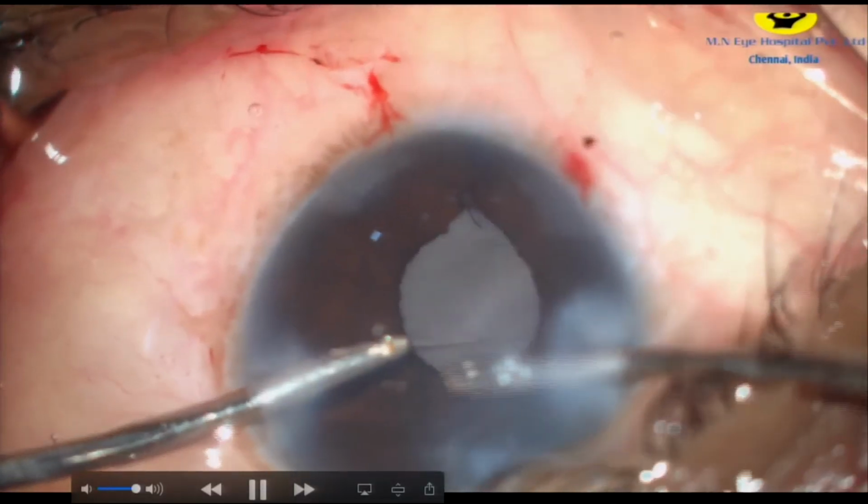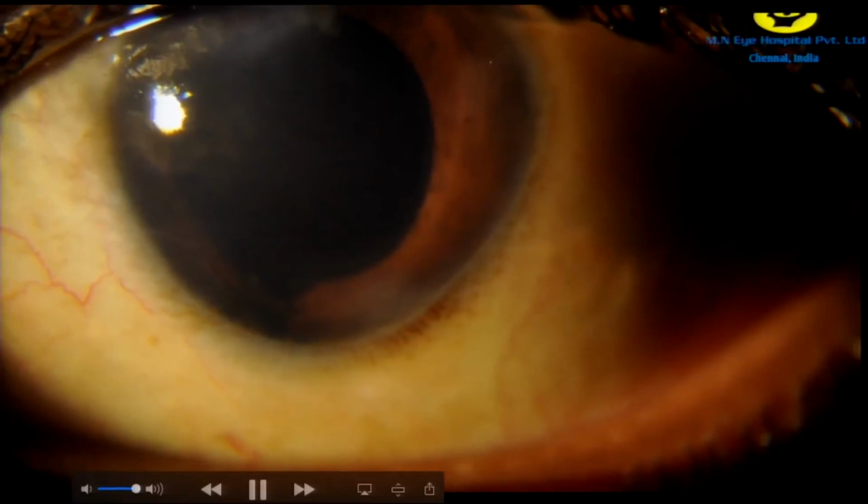And then you can go ahead and do irrigation aspiration. So this was post-op 1 week. You can see some edema there because of the hard cataract, and this is at the end of 1 month. You can see a well-centered lens and a good anterior capsular rhexis coverage over the lens. So this is what actually prevents PCO, I firmly believe, rather than the type of lens you use. Have a good anterior capsular coverage over the IOL and have a nice rapage effect.